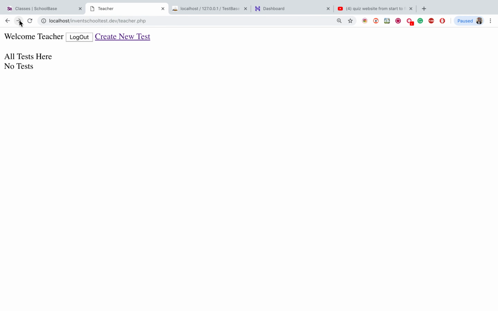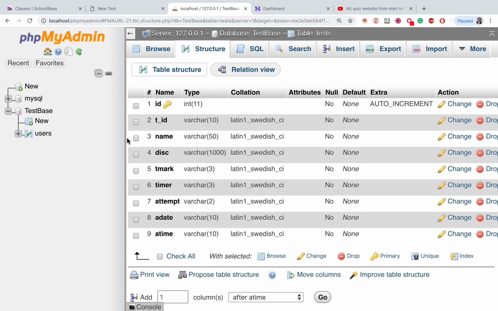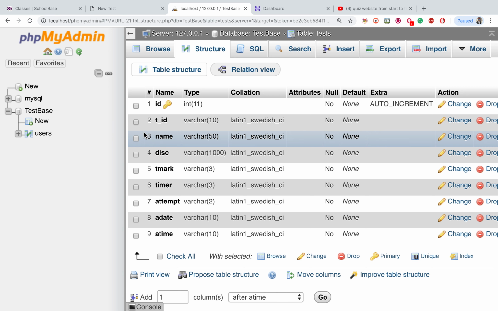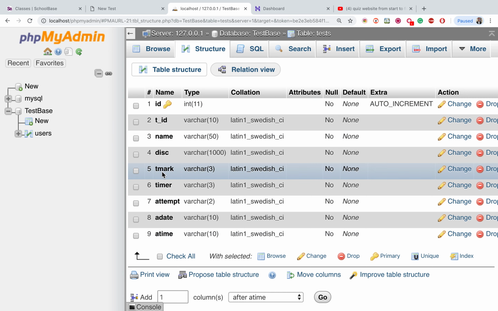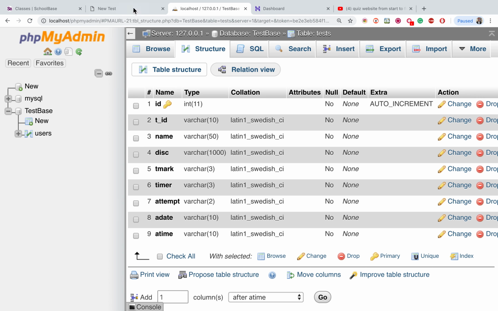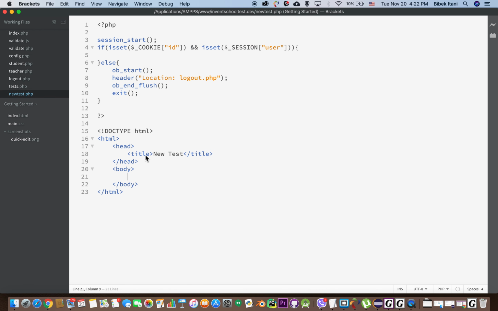You're going to create a form where the teacher can type in the values for the new test, and we're going to connect it to JavaScript, which connects to the PHP, to add the new test into this table. It's very simple. I'm also going to go in depth into some of the input types of forms in this video. After you bring your form tag, the first thing we need is